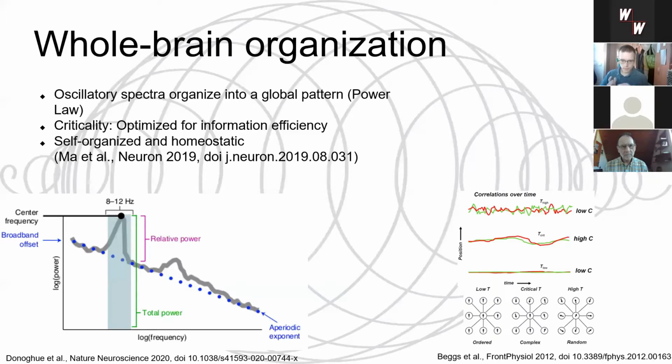This shape of spectrum, where you have a linear decay on a double logarithmic scale, is called a power law. And the power law turns out to represent an organization mode of a system that is called critical state dynamics. This is a concept coming from physics that is, again, not restricted to brains. You can see it at different points in nature. For example, if you look at the figure on the right,